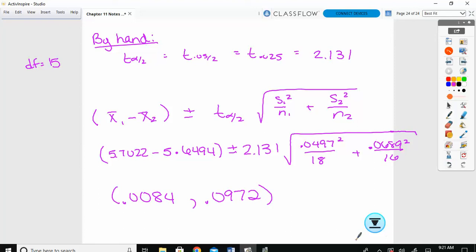So the interval is a little bit different, but we